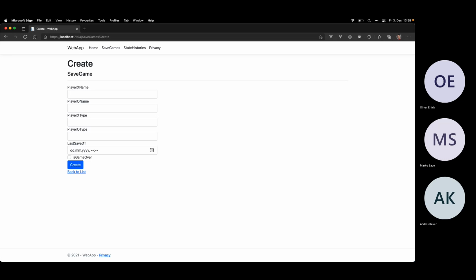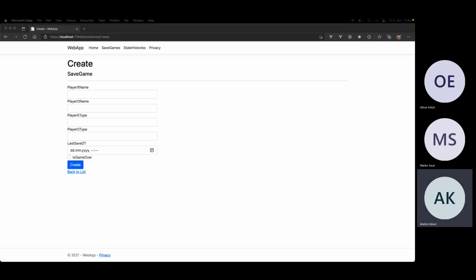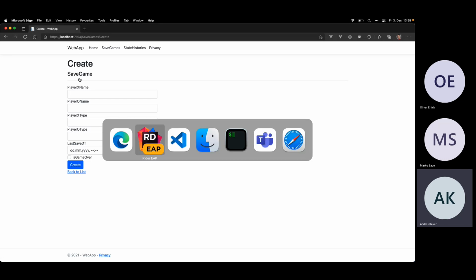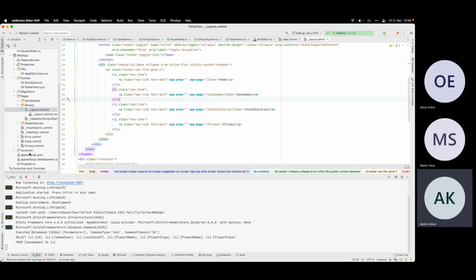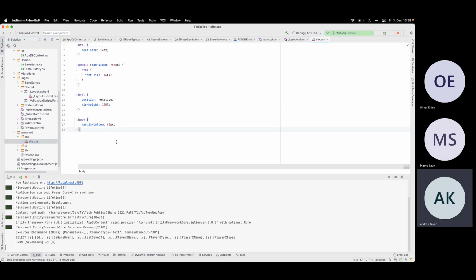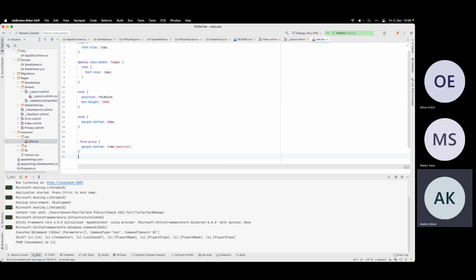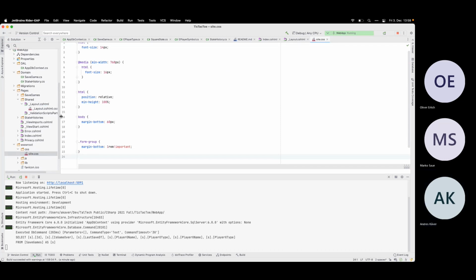So let's see, what did I fix last time? So this form group needs to be added. Otherwise, our site is looking ugly. So this adds some spacing, and everything else needs to be fixed in the code.